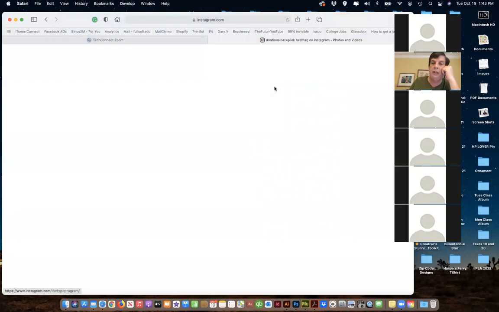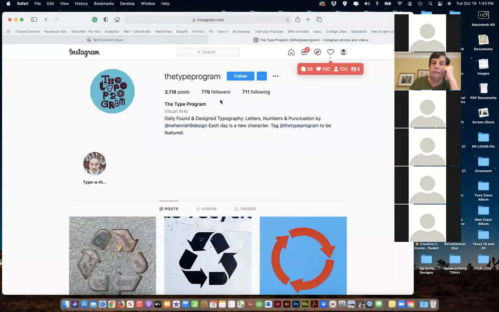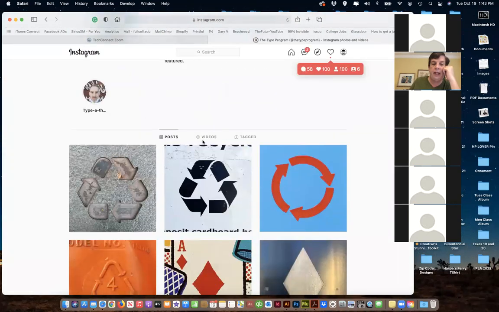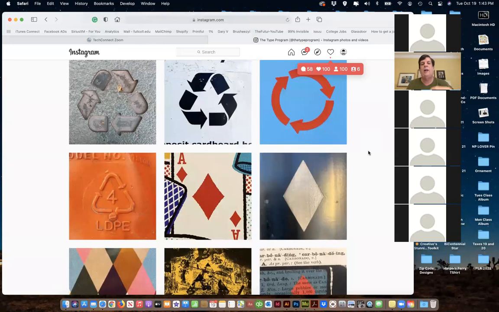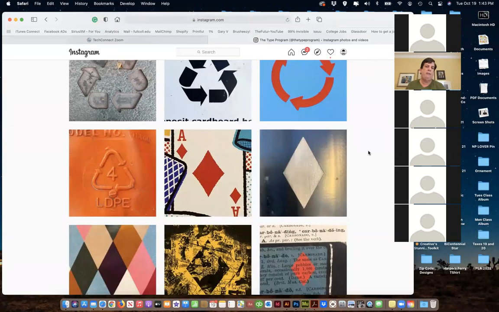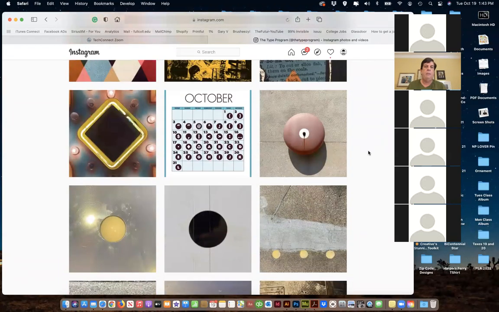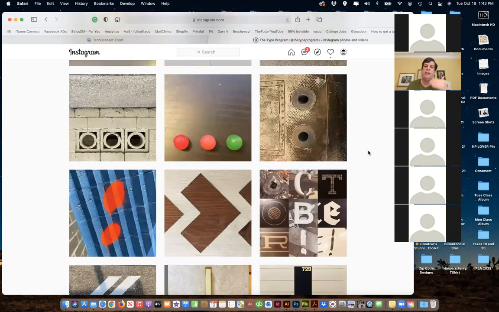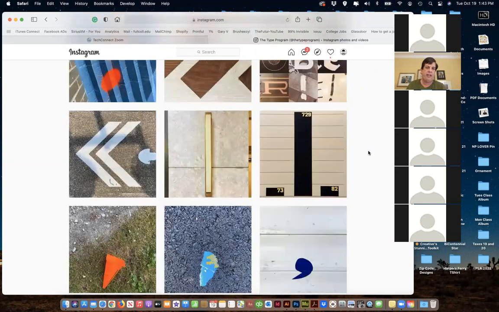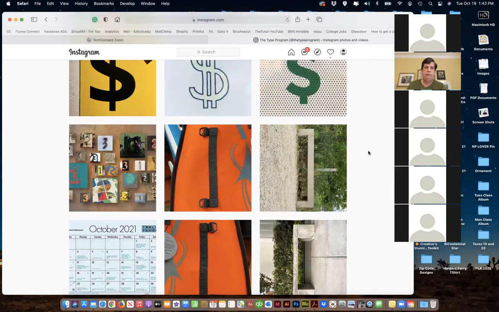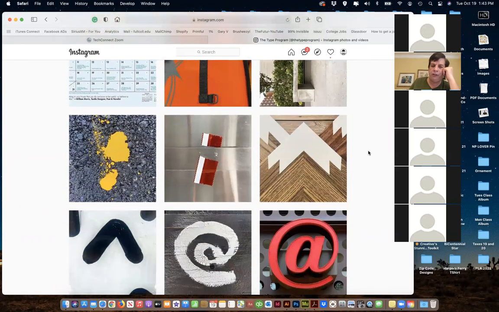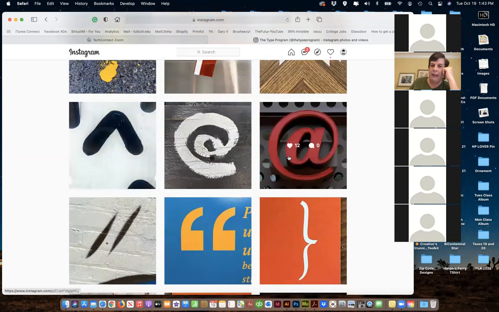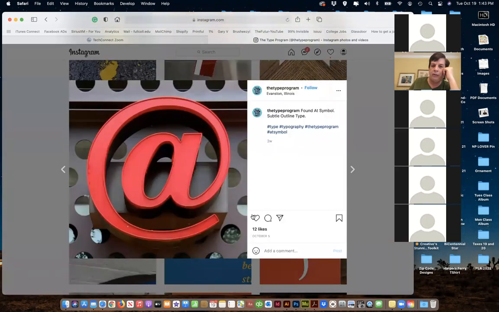So here's a typo. I don't know who this is. 4,000 posts. They've been posting quite actively. I'm looking at the time dates, just to say 10 minutes ago. So they're up and they're working it. There's no sense doing it if they haven't posted in 10 months. And you can see, wow, they're looking at ordinary things and finding type and shape and so forth throughout. They've got some kind of system going on here, which is fine. So you're like, wow, that's just a beautiful amber sans. Okay, you come through and like it.